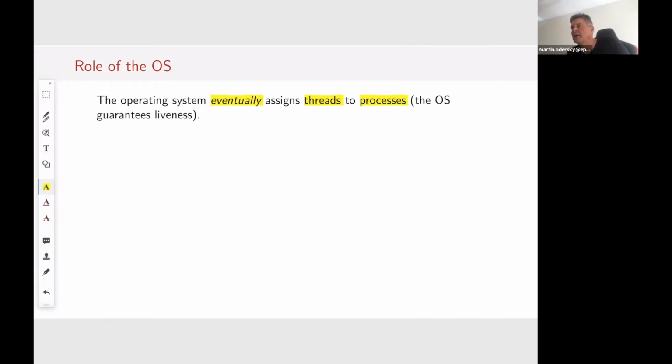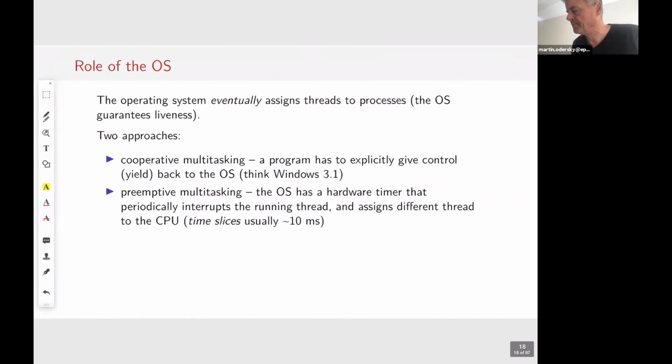There are commands that a thread can use to give back control before its time expires. But otherwise, after 10 milliseconds, if there are other threads that can run, the operating system will switch to run another thread. That's essentially the scheduler that the operating system uses.